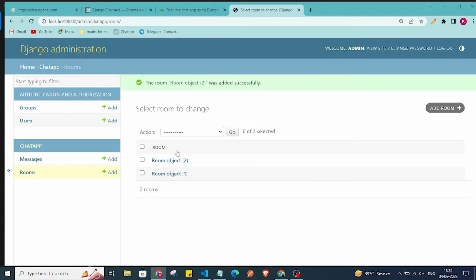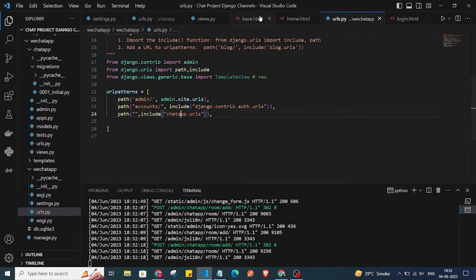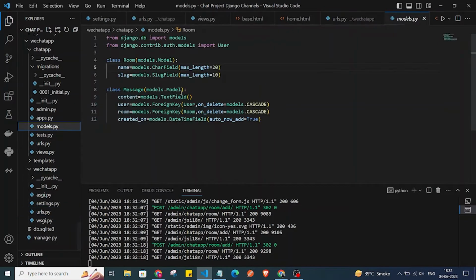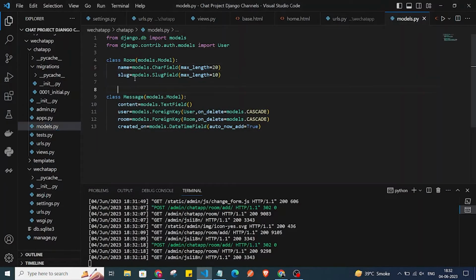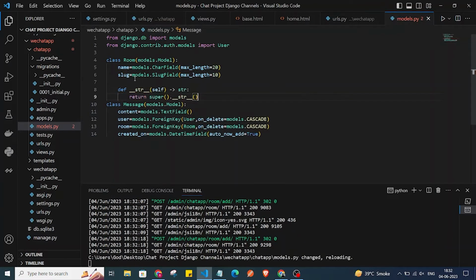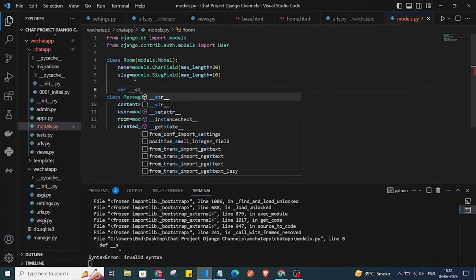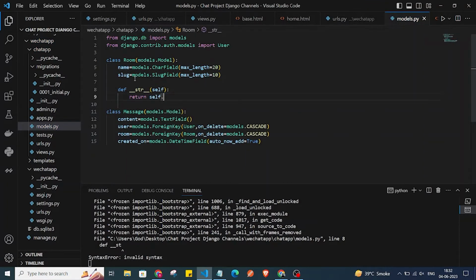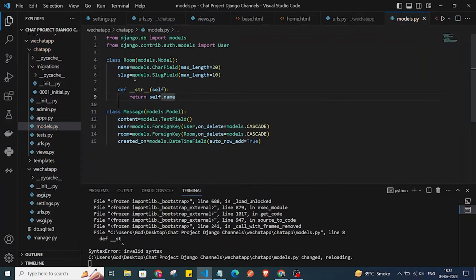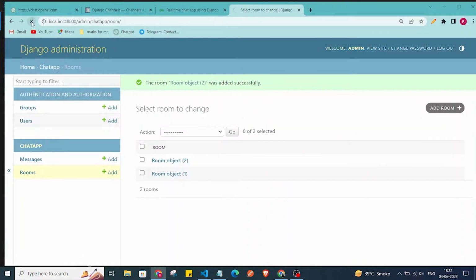And these objects I don't want to see, I just want some string here. So we'll go in our models, and we will define how this will get represented in the admin panel. So for this room, we are going to say def __str__ method. Not like this. Okay, so this is looking fine. So self.name, the room name. I want this. So let's refresh this,